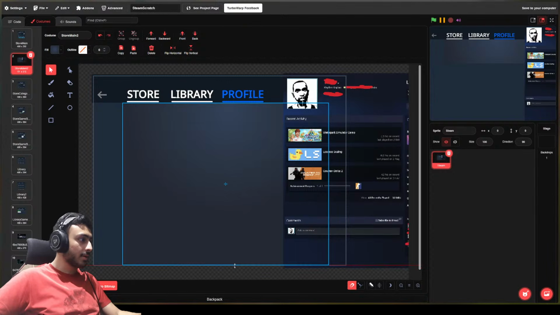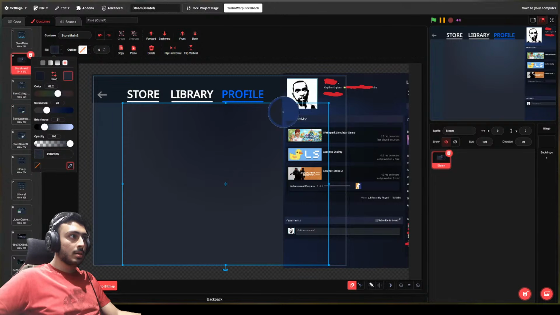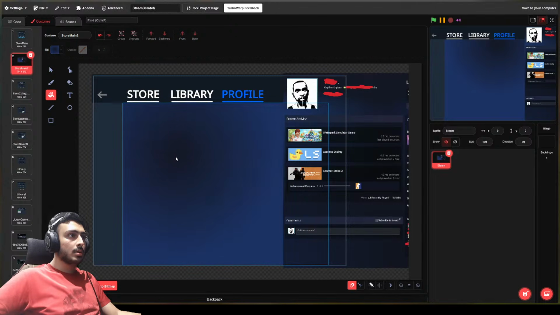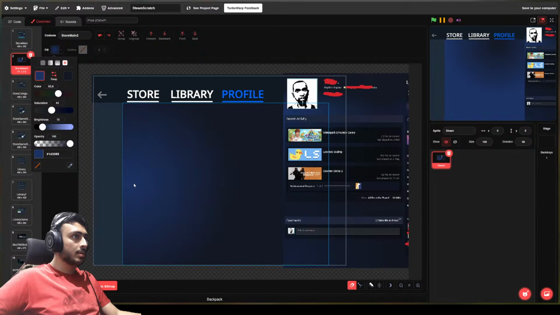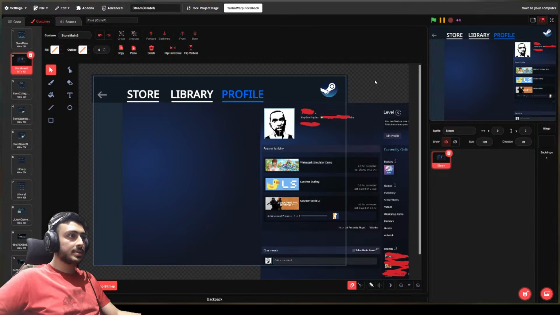This is very difficult. Okay, so I have to change colors now. Once again, this and then this. Here we go. And I have to use fill. So it's like this, right? Like this. So we have similar colors here.